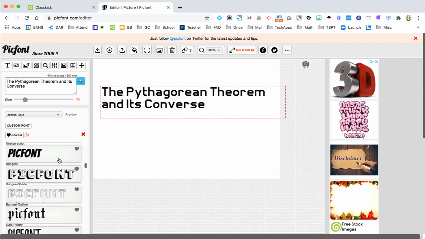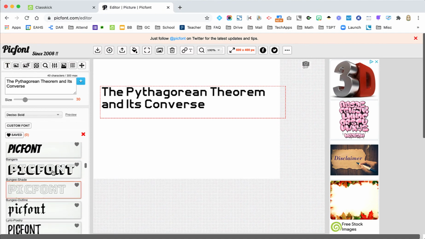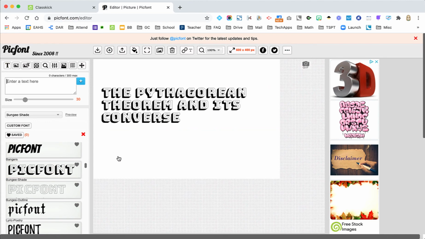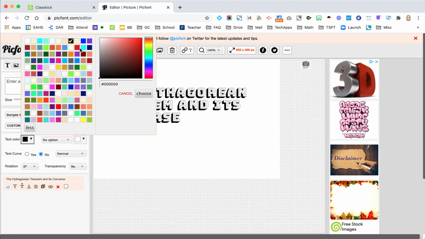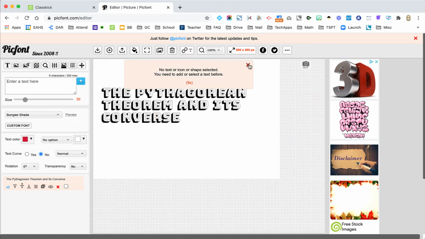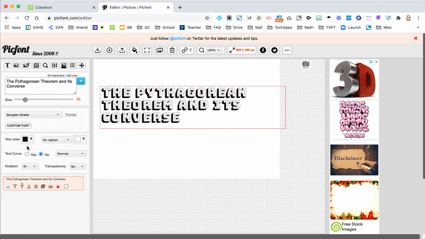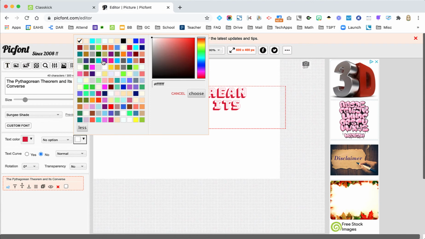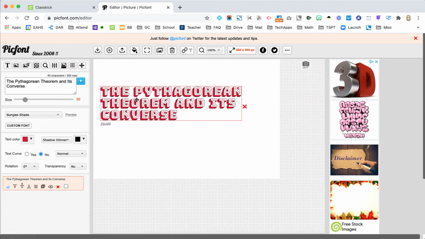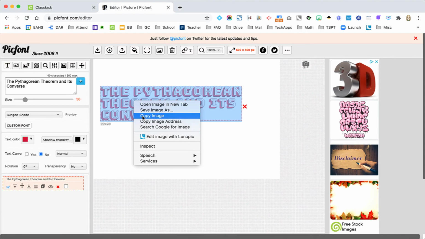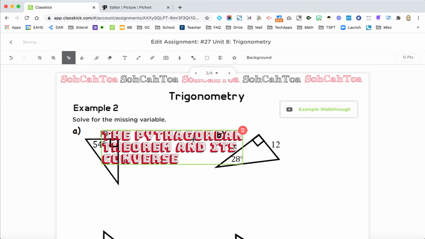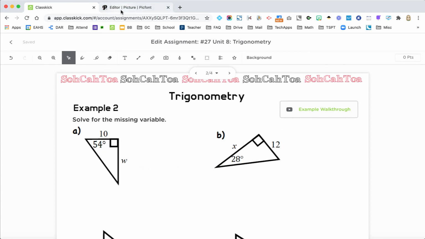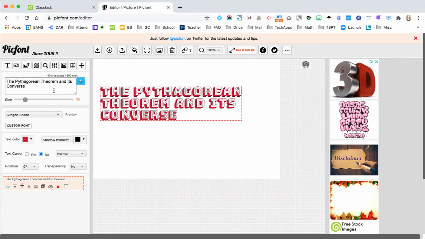Let me see if I can find it. I don't really know. It's somewhere in there, but what I did was I picked the text that looked like that Sokotoa, and then I just changed the color to, I think, red or something like that, and then the border was black, or maybe it wasn't black, I don't really remember, but you can copy that over and then paste it in. So you can put all kinds of neat decorative text with color and stuff. You can even